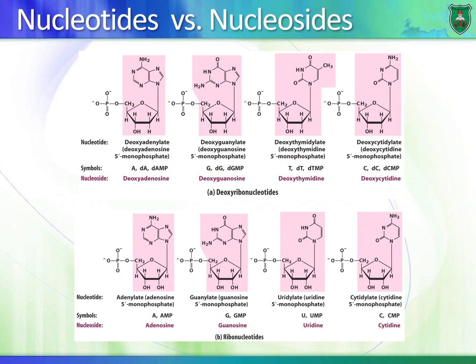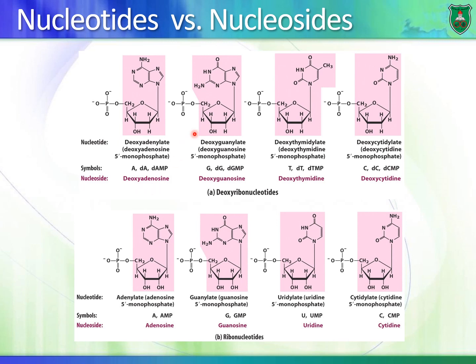So this is how we name nucleotides and nucleosides. I can say deoxyadenylate, and this means that the sugar, 1-deoxyadenylate, is a deoxyribose right here. Adenylate means there is an adenine group right here. If I say deoxyadenylate, it means that it is also a nucleotide because it has a phosphate, just 1 phosphate. Or I can say deoxyadenosine monophosphate. Adenosine means that it is a nucleoside. Or I say it's AMP, or dAMP for deoxy. The nucleoside is deoxyadenosine only.